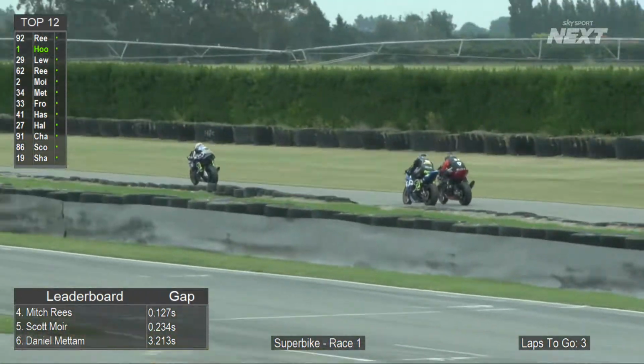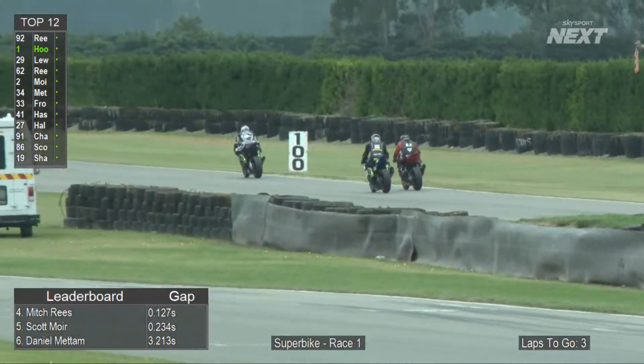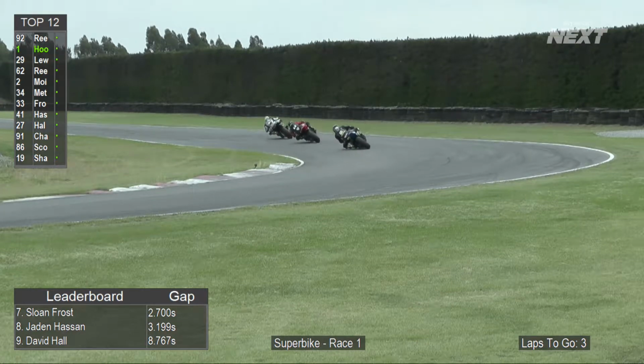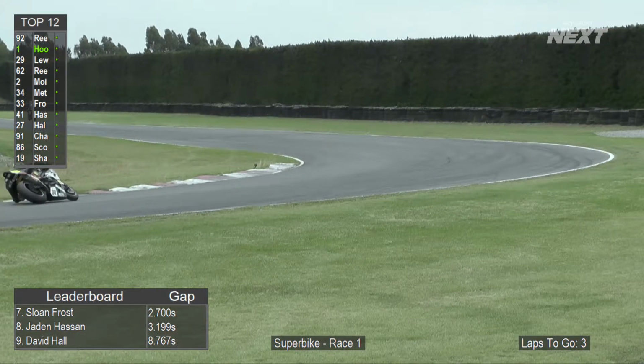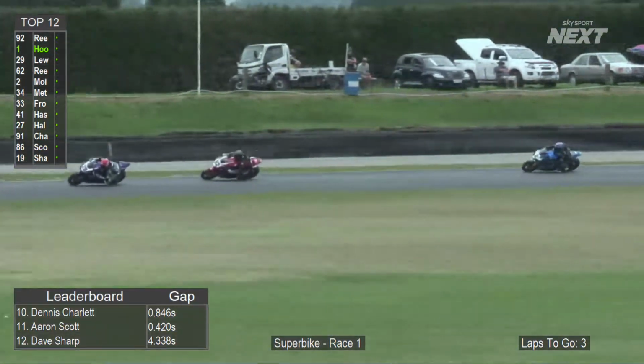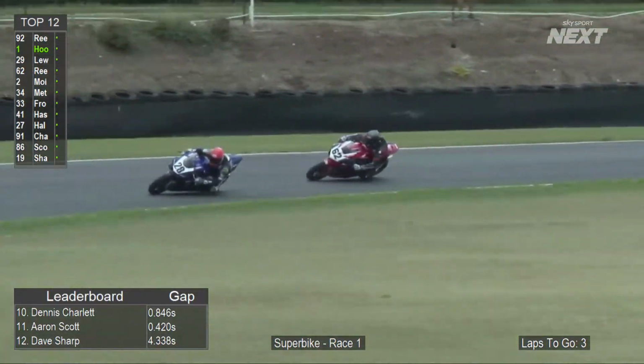We've got battles all over the track. We've got Scotty Moyer having a good little look up the inside of Mitchell Reeves, but you're going to have to brake very late to go up the inside of Mitchell Reeves. So that gap there, nothing in it as they head around turn 4 on the run to turn 5 and into the decreasing radius. So the battle for 3rd place is absolutely on, as we've got Jake Lewis still doing